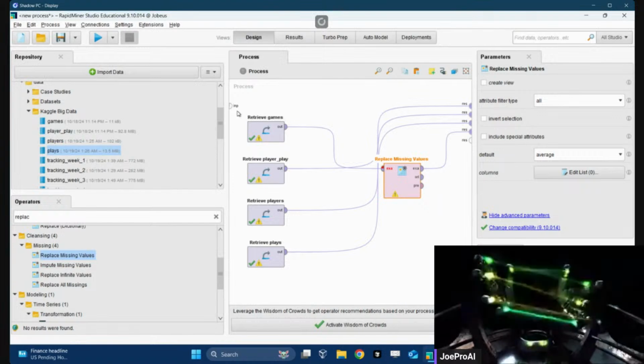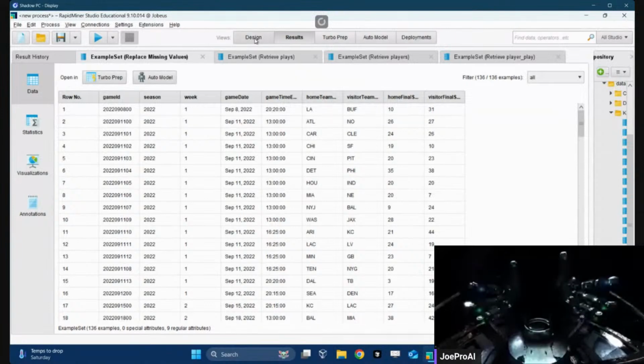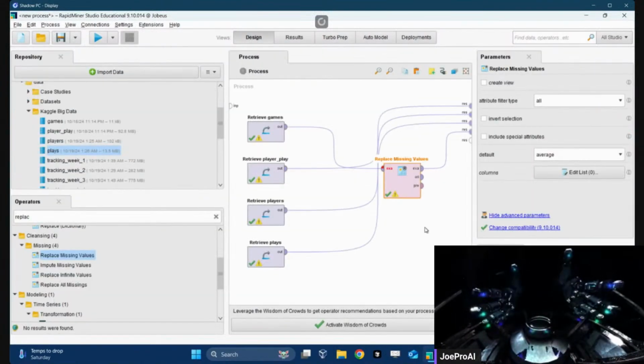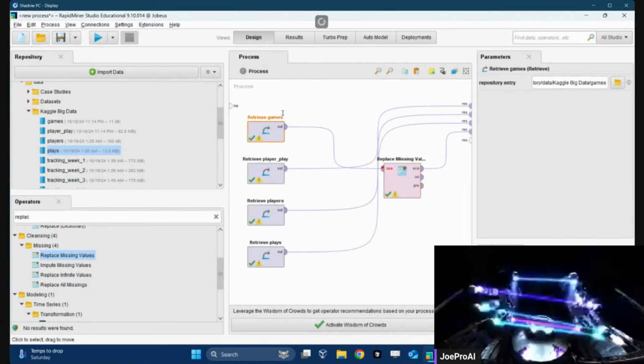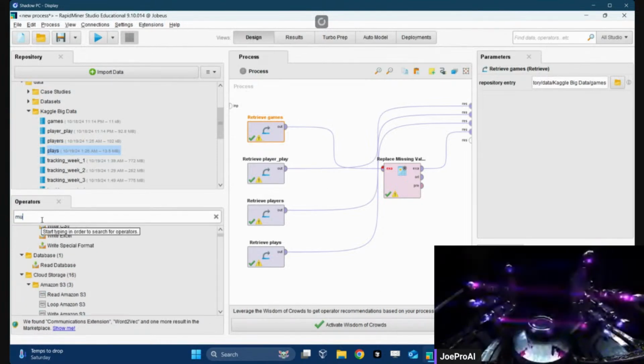So I'm gonna see. This is one of the split the data.